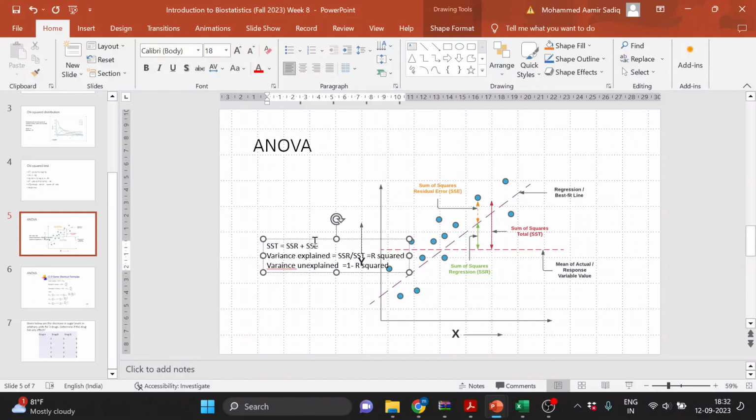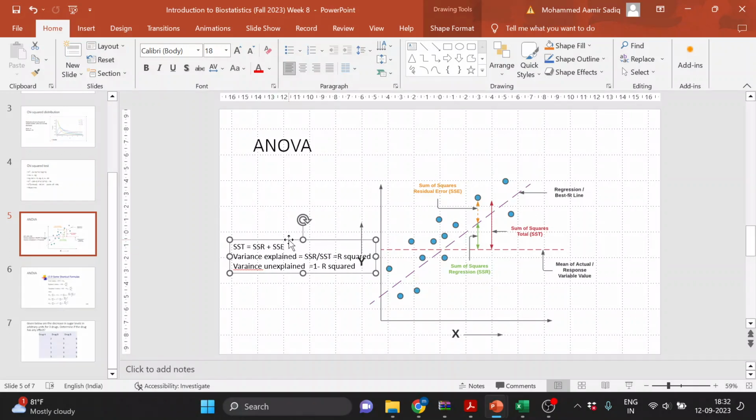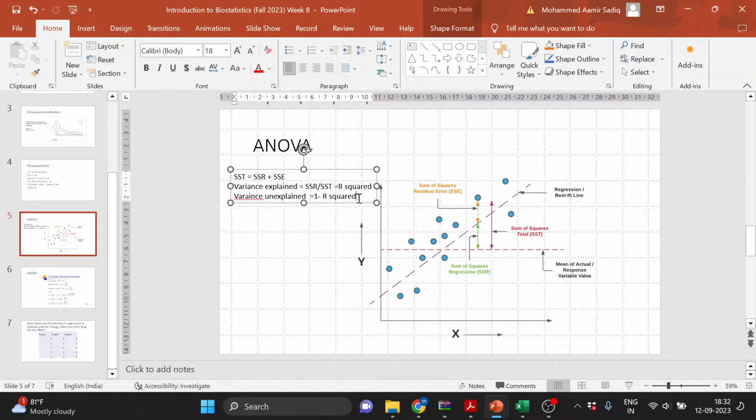Variance unexplained is nothing but 1 minus R squared, which is 1 minus SSR by SST. Now, to see whether your model is significant or not, you calculate something known as the F statistic, which is equal to mean SSR, which is SSR divided by its degrees of freedom, which is K, or maybe I'll write it as P minus 1, where P is the number of parameters, or let's write this as K. K is the number of groups you have, divided by variance unexplained, that is SSE,